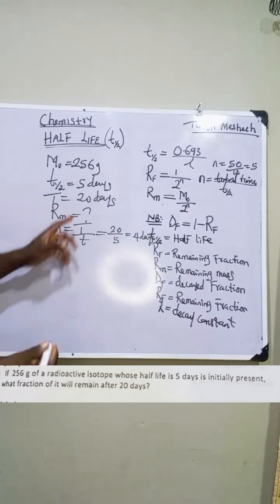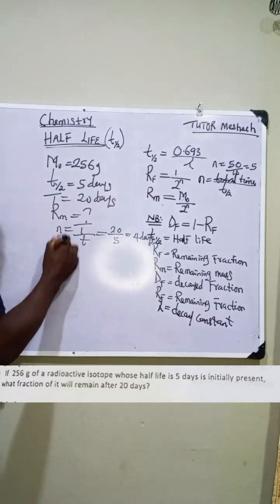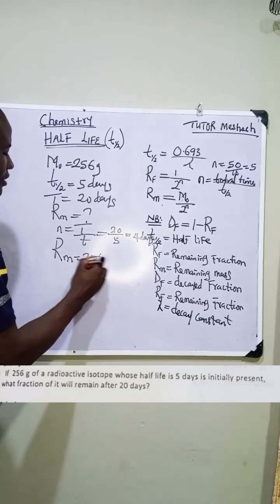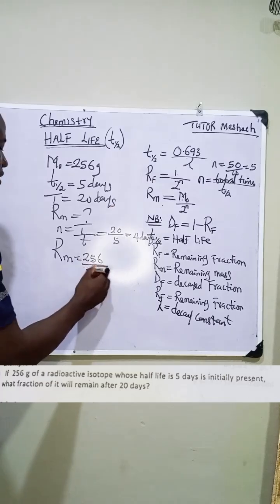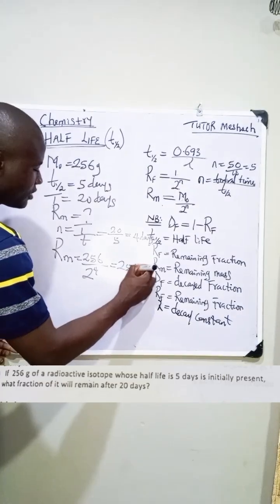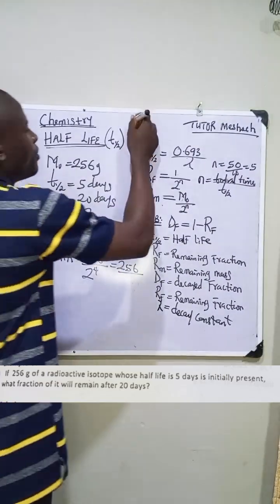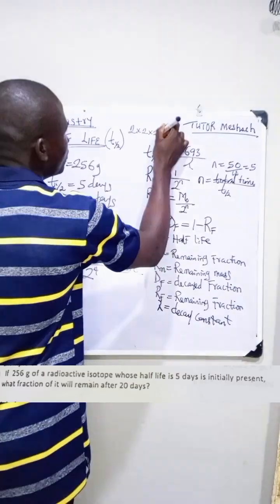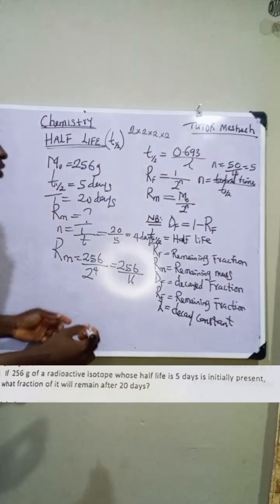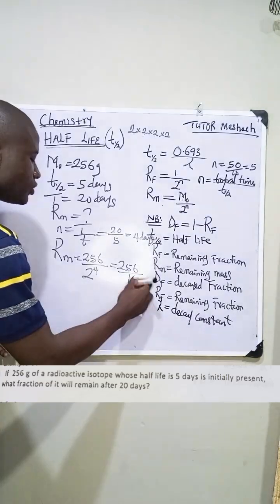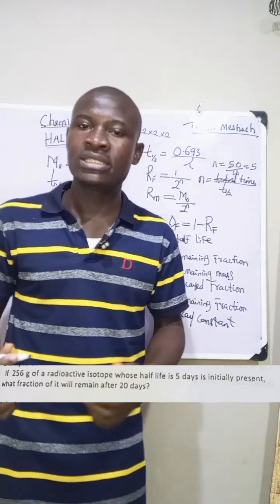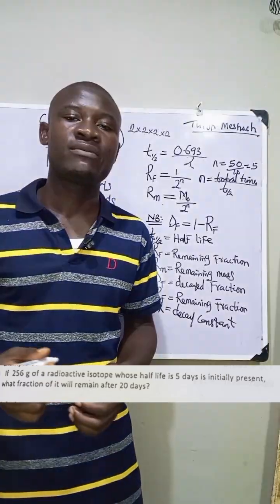Good. So since we have gotten it, let's come back to the formula. We have remaining mass equal to initial mass, 256, divided by 2 raised to the power n. The n now is 4. Now what is 2 raised to the power 4? We will have 2 times 2 times 2 times 2. 2 times 2 is 4, 4 times 2 is 8, 8 times 2 is 16. Then 256 divided by 16 will give us 16 gram, and that is the answer. You can attempt many other questions. Any one you cannot solve, send it